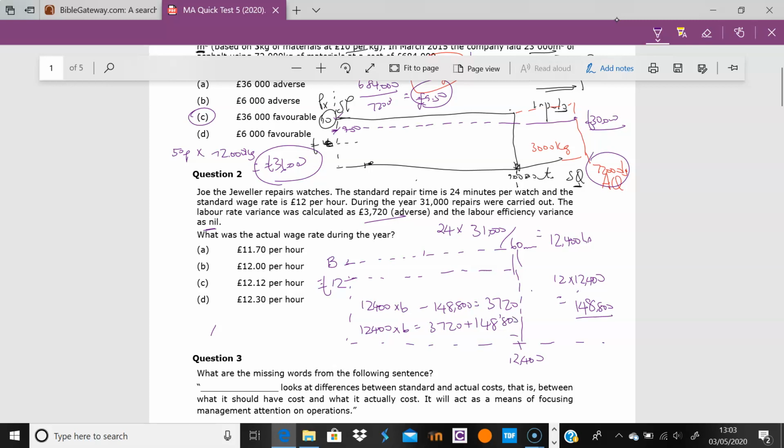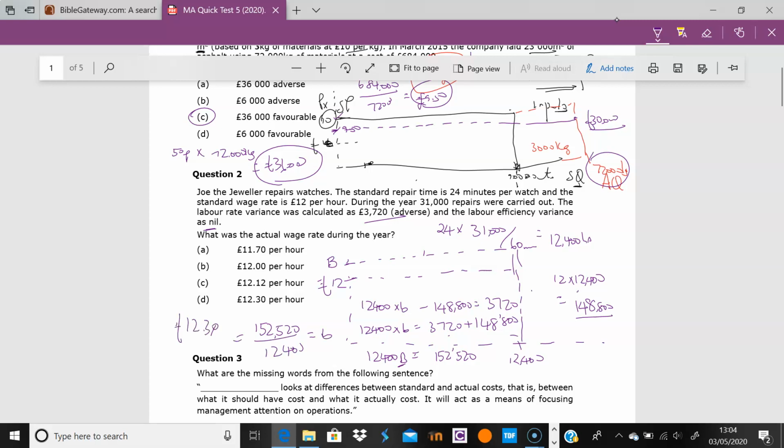And let's just add that very quickly. 3,720 plus 148,800. The good thing is I don't look at the answers when I do this, so they might have a different way. It's good to look at different ways of arriving there, as long as you understand how this really works. 12,400 B is equal to 152,520, and therefore the wage rate, which is B, is 152,520 divided by 12,400. That's equal to B, and that comes out at